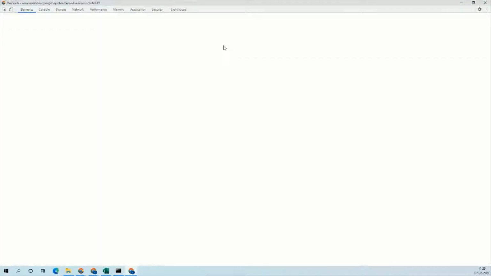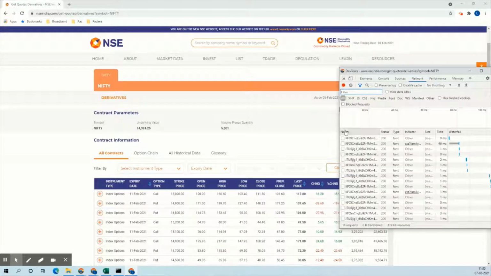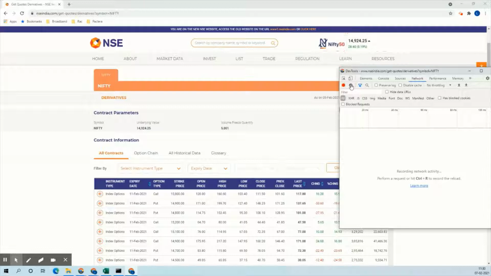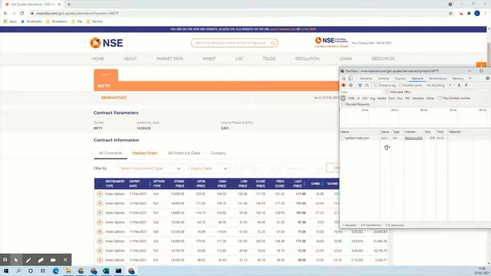So once you click inspect, a window opens like this. So click the network option. You'll find so many entries here. As a start, what you can do is clear all of this. Once you click clear, everything will be cleared. Then you go back to the page again and you see this option chain, right? So you have to click the option chain there,